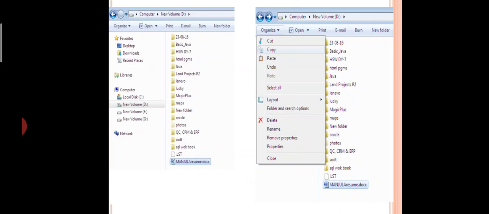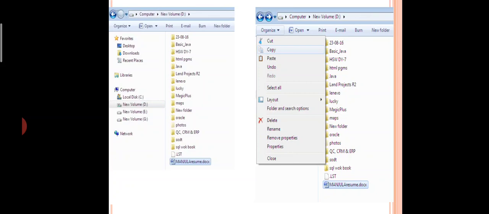That is what I explained previously, the screenshots, the practical session you have over here. Look here in the D drive, in the first screenshot, you have the file called manjularesume.docs. That one I just selected. So what happened? It came in blue color. It is selected. So now go for the organize. Here itself in the first screen you have the organize drop down menu. Just click on that and click on the copy option.